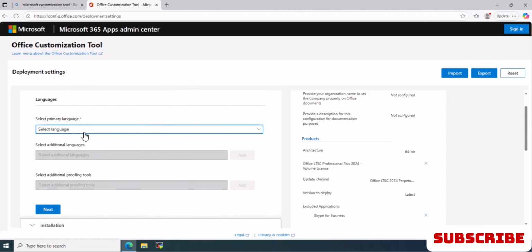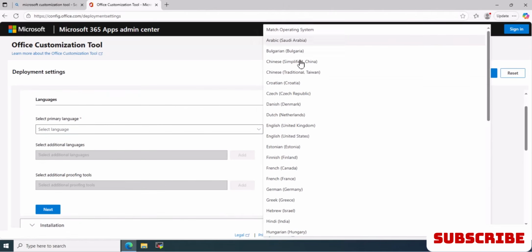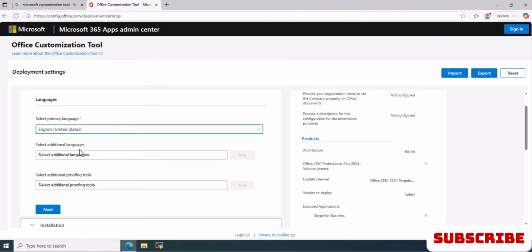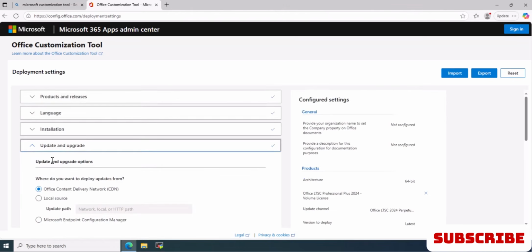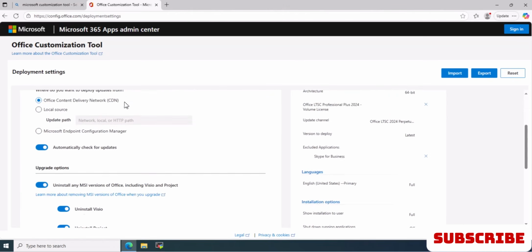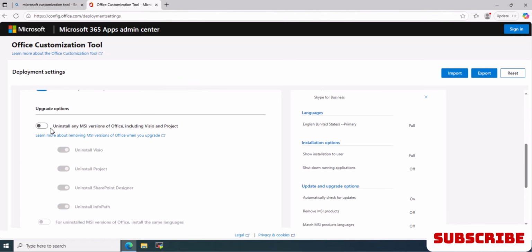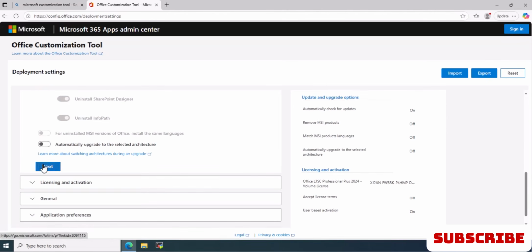In the language section, you select your language. In my case, I select United States English. In the installation option, keep it as it is and click next. And if you keep this option on, then it deletes or uninstalls your other Microsoft Office tools or software, like Microsoft Excel, Microsoft Word, that are already installed on your computer. So be careful, you must keep this option off, then click next,